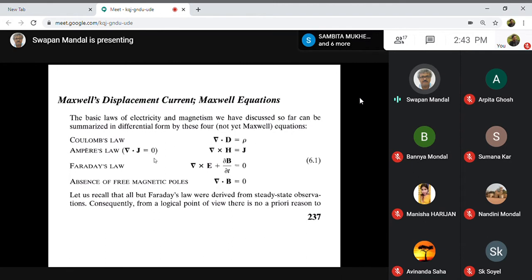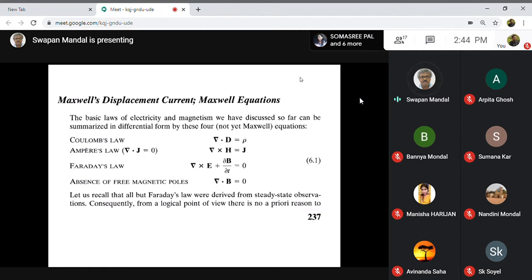So divergence of J equal to 0, what does it mean basically? It means that if we think of some sort of surface, and that surface is surrounding the current density J, then divergence of J equal to 0 means nothing is going across the surface. In other words, nothing is going out and nothing is coming in. And this is basically the formulation of magnetostatics. Therefore, the entire four equations correspond to our electrostatics and magnetostatics. Everything was formulated in terms of these four equations.